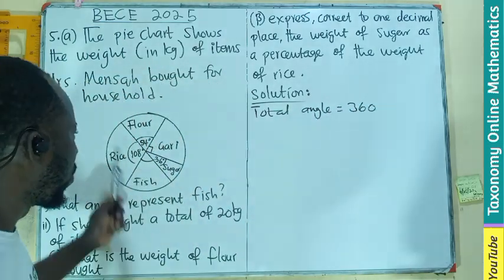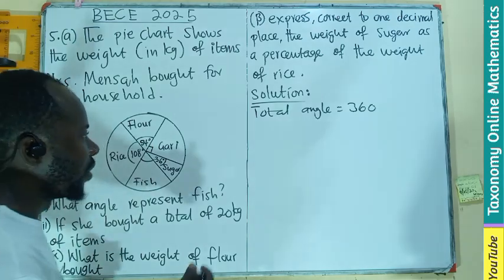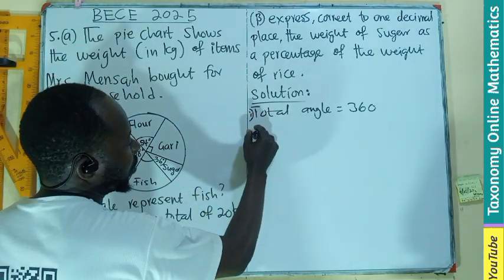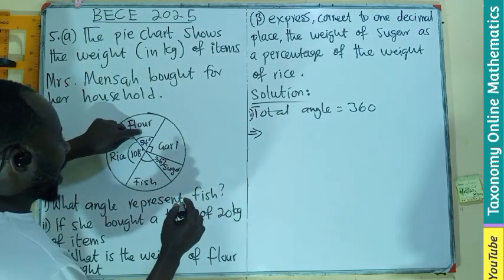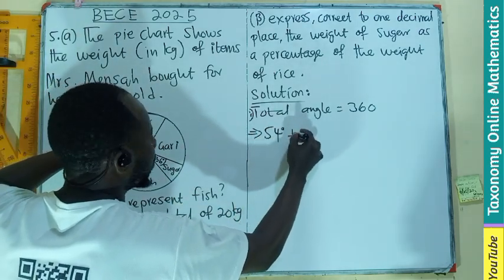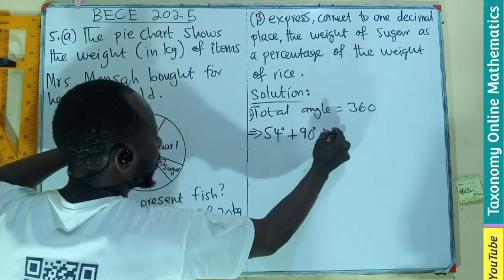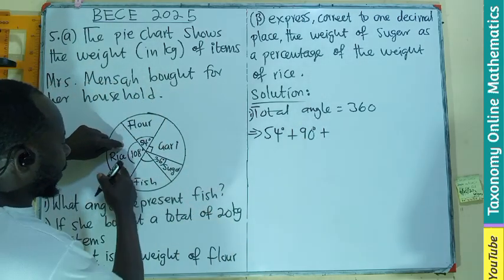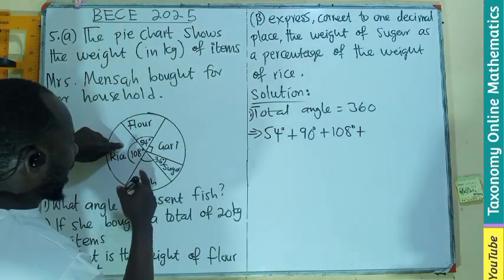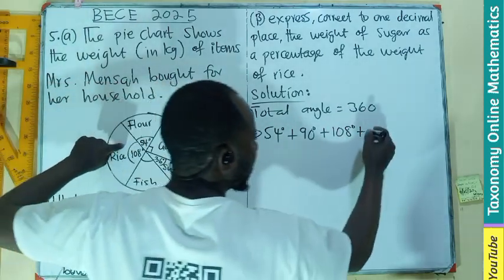All these are supposed to add up to 360. That implies that the angle for flour, 54, gari, 90, plus rice, 108, plus 36,